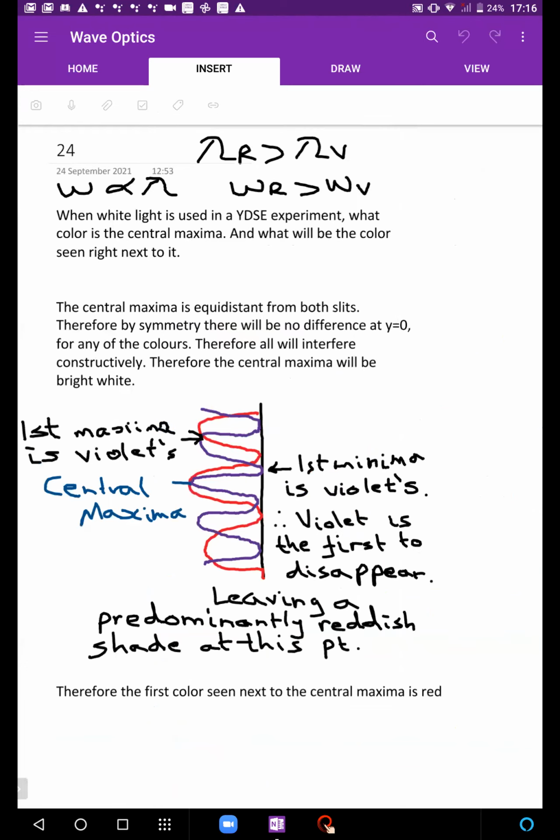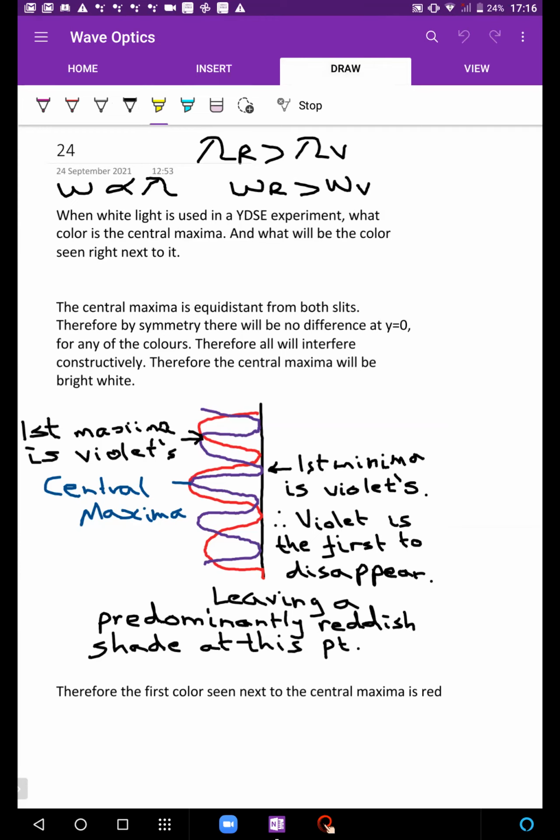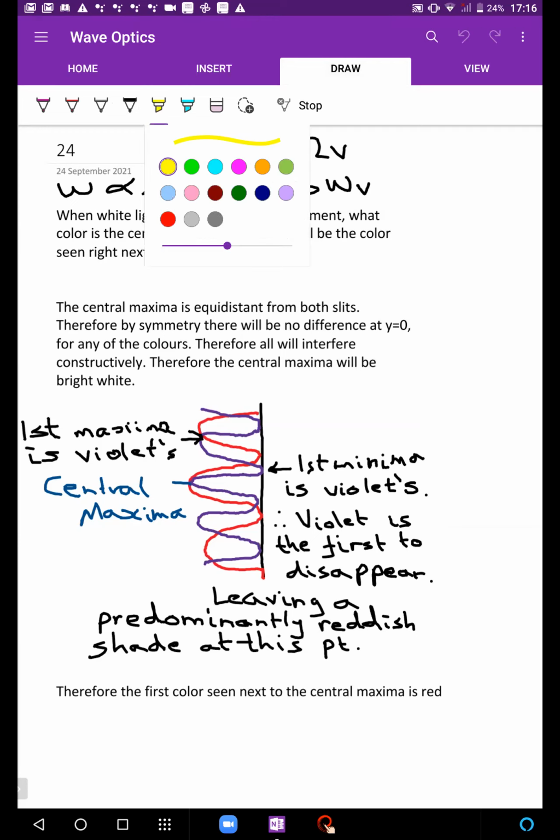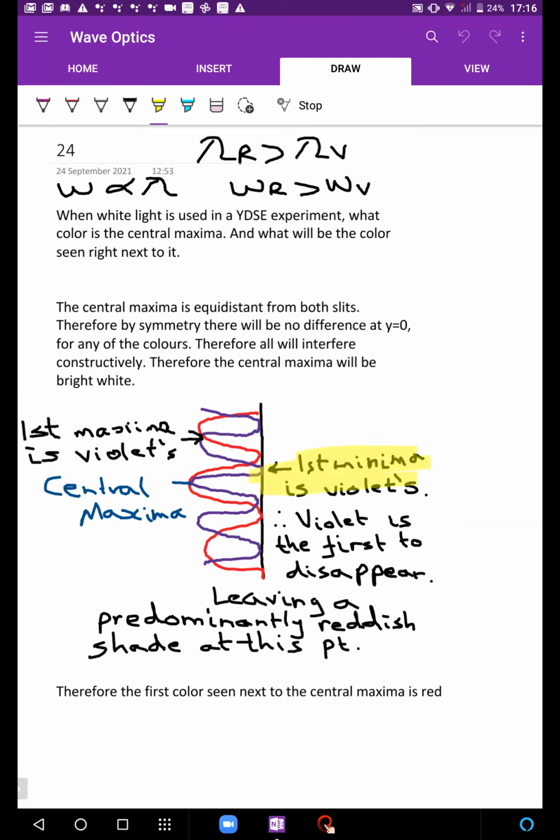What's left? Colors का फंडा है. When you use white light which has all the colors in it, they can ask what is the color closest to the central maximum, and you may feel कि अच्छा d lambda by d, जिसका lambda छोटा वो सबसे पास में बनेगा, है ना, उसका मैक्सिमा सबसे पास में बनेगा, तो you may think कि वायलेट is the next color that is seen, but in reality that just means कि वायलेट का मिनिमा सबसे पहले बनेगा।